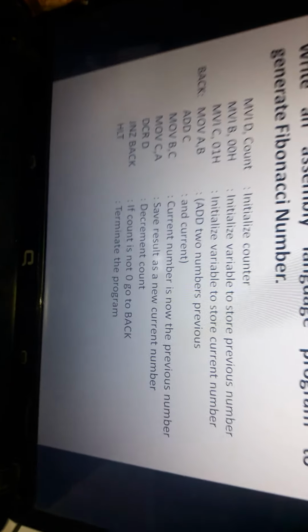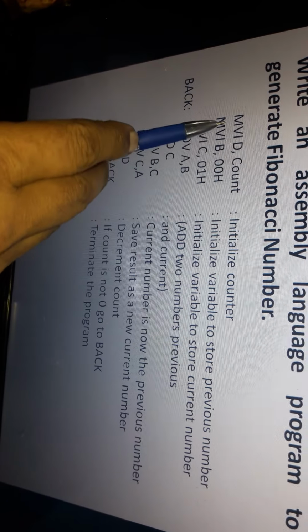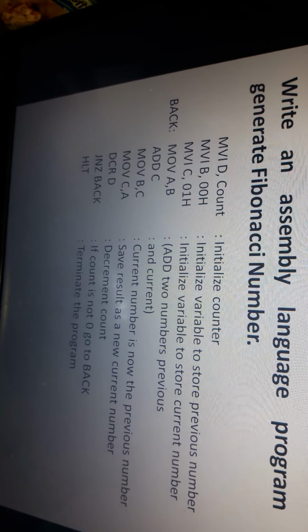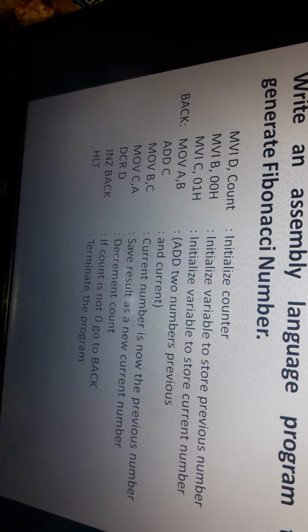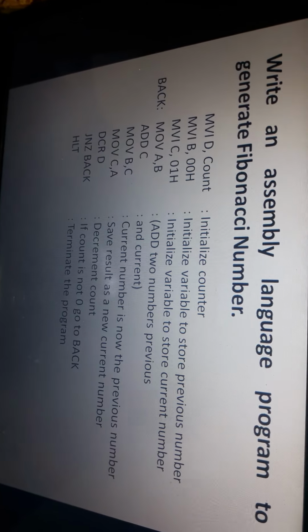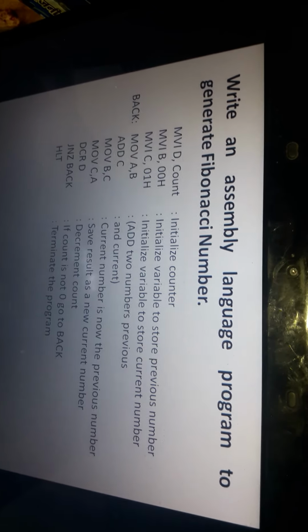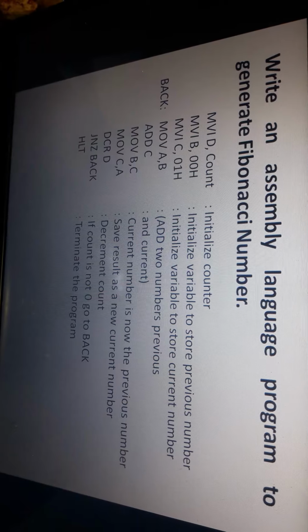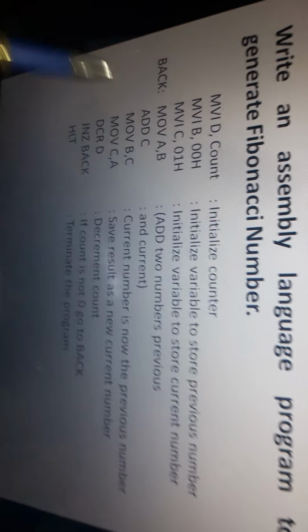has been written in a very simple manner. First you will find MVI D, count: the value for which we have to find the Fibonacci sequence will be loaded in the count. Then we have initialized two registers. First register B to store the previous number, and second register C to store the current number. So considering that the previous number is 00 and the current number is 01, then we will add these